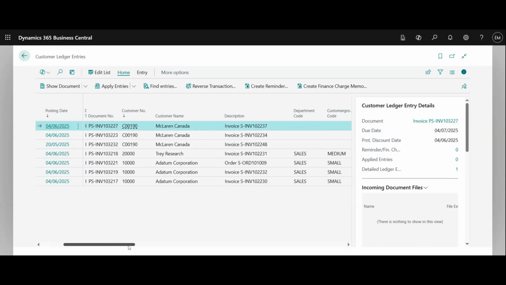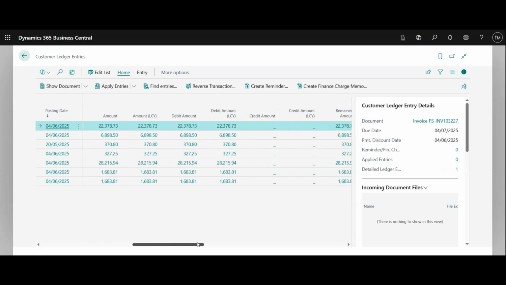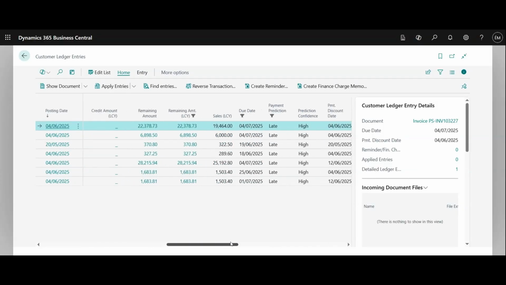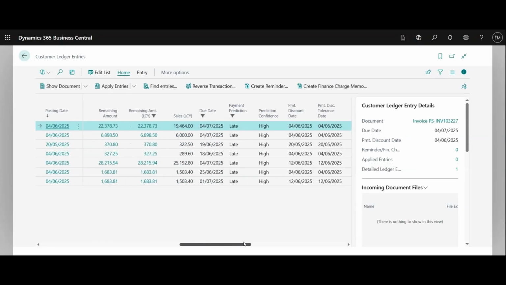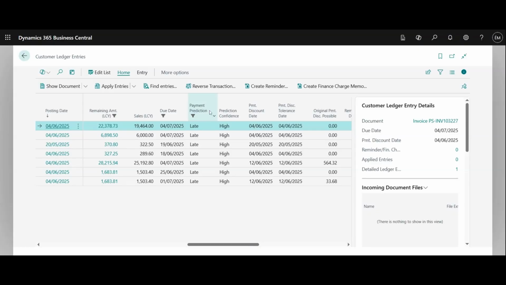If you scroll to the right, you will be able to see more information about the specific invoice. You can see here the payment prediction is listed as late for these customers, and it also gives you the prediction confidence, which is high currently. It gives you more information about the customer and the amount that they are going to have a late